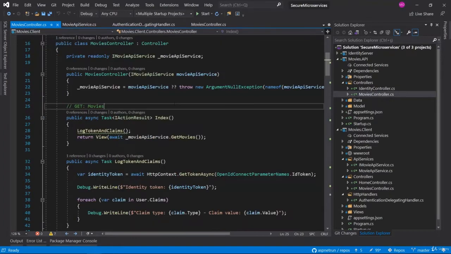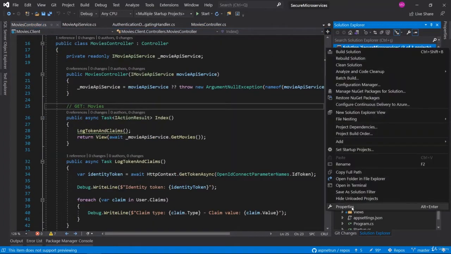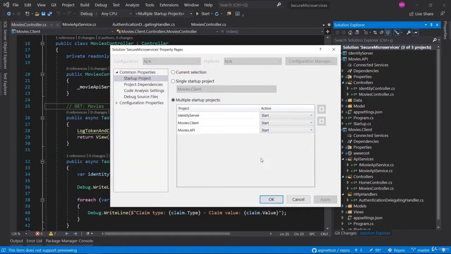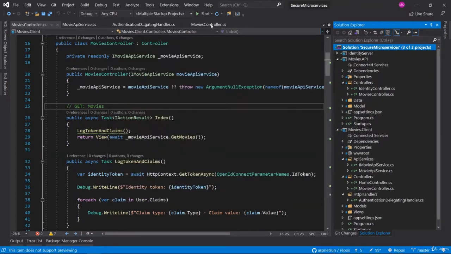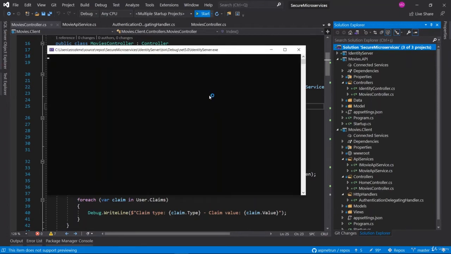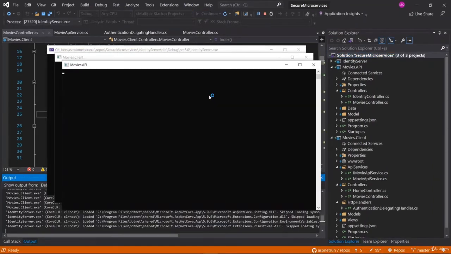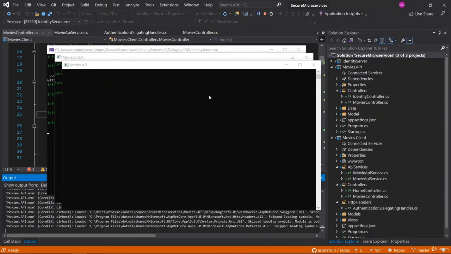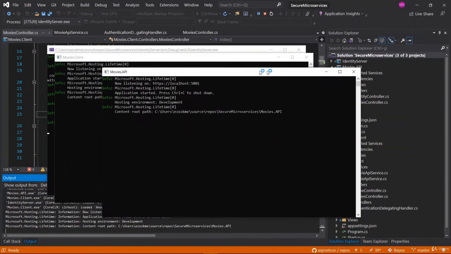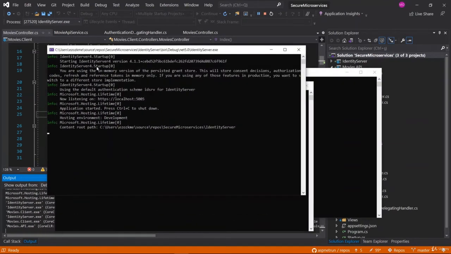Okay, so now we can run our application. Let me run our application. Right click, properties, and see that every application works in multiple startup. Hit the start button. So make sure that the Identity server is working fine.